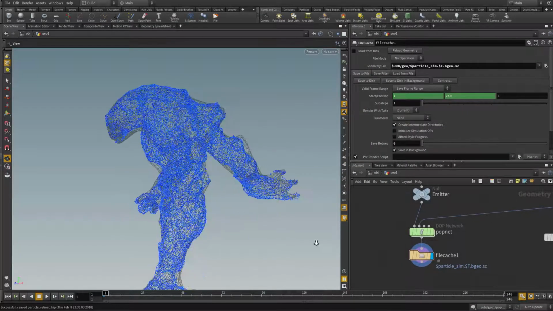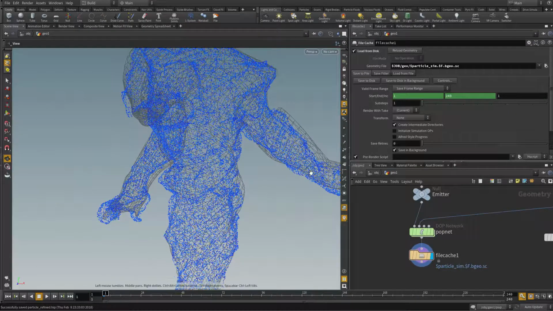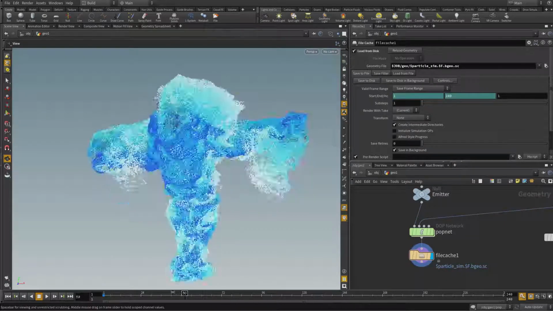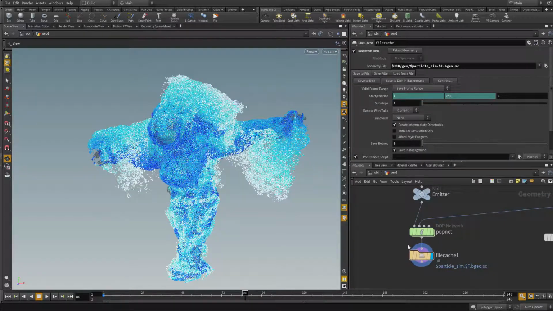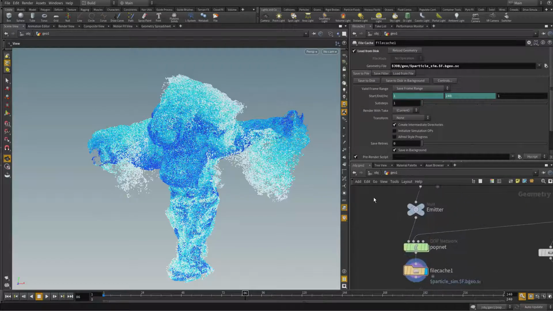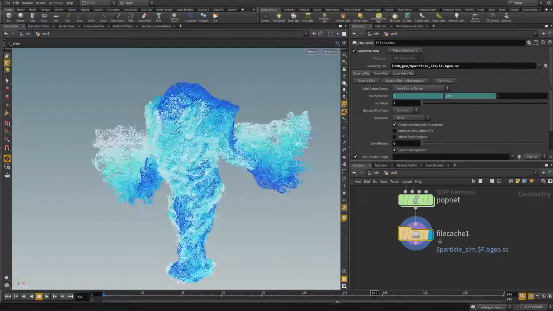Hello, so welcome back. I now have the file cached. I can check on load from disk to load it. Now you can see when I go through the animation, I'm not seeing the calculation down there anymore, and I can turn on that template because I don't really need to see it. I'm happy with the particle effect,